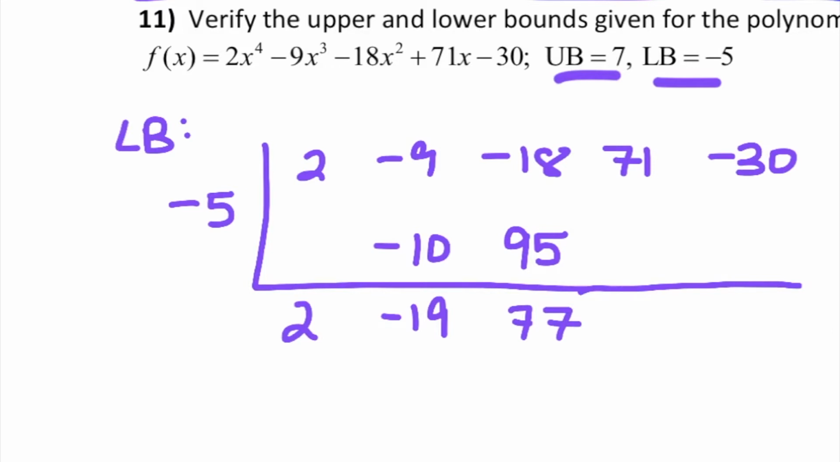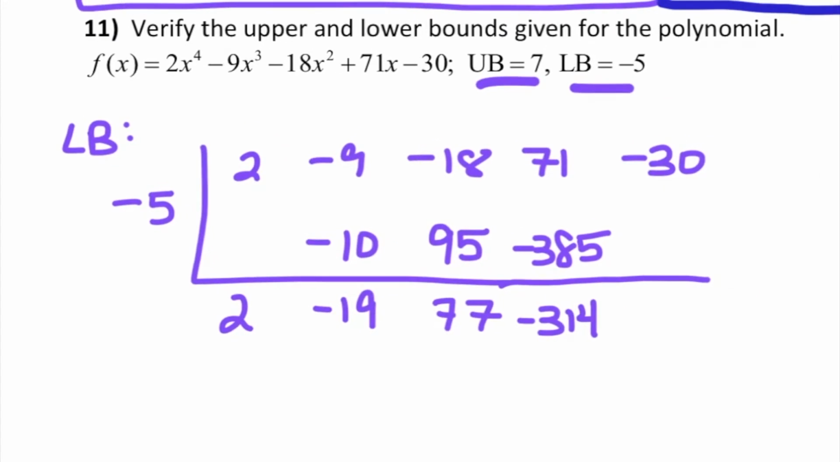is 77. 77 times -5 is -385. 71 plus -385 is -314. -314 times -5 is 1,570. -30 plus 1,570 is 1,540. And what you should see happen here is that you have